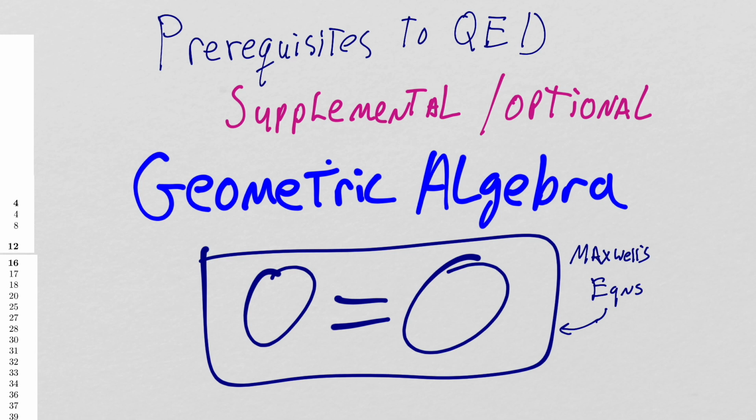thing called geometric algebra. Now, I'm not an expert in geometric algebra. This is absolutely not a prerequisite to QED, right? You can learn all the QED in the world you want and never touch geometric algebra. But we have been compressing Maxwell's equations, and we might as well compress it to the known end and then come up with an opinion about whether or not geometric algebra is what its proponents claim it to be, which